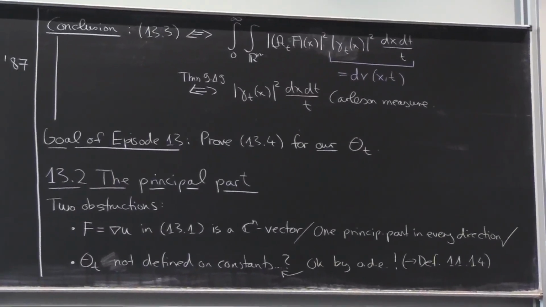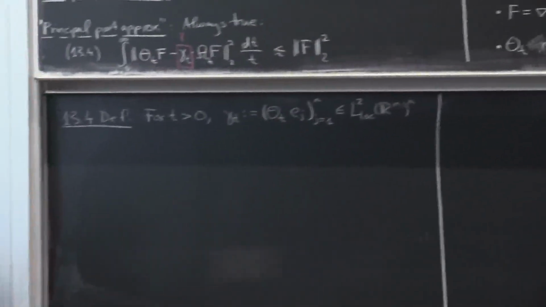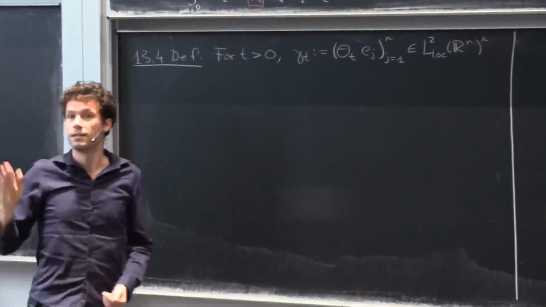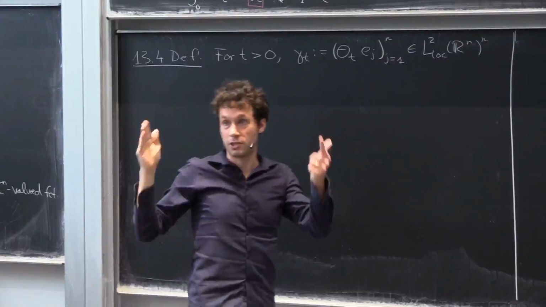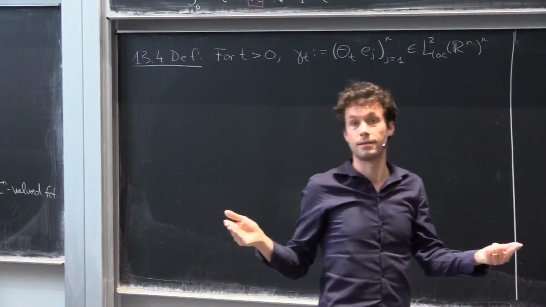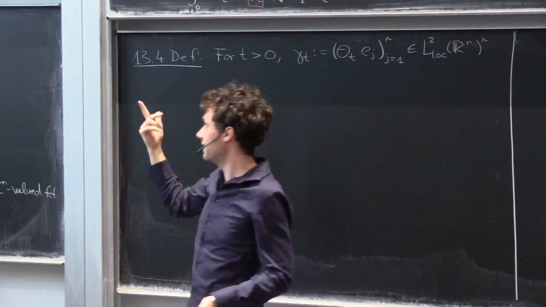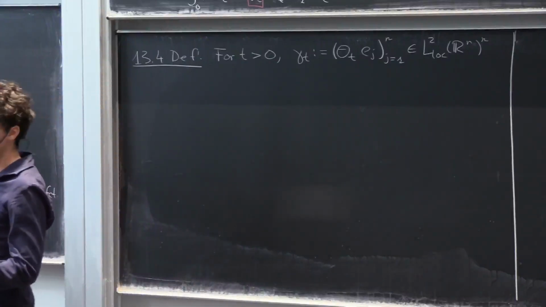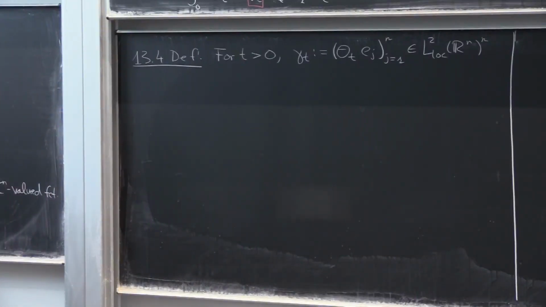Now I want to work with this object. You can imagine from the things that I told you that I'm not going to work with this object by just doing stupid L2 estimates. This is also something I want to tell you at this point. Most of the analysis was very soft in the way that we just took global L2 norms and estimated L2 norms. But now we have to really look into what this function is doing here as opposed to here and here and here. So I have to know this function in a way that is much more accurate than just computing a global norm. And so I need a formula for this. You have a question?